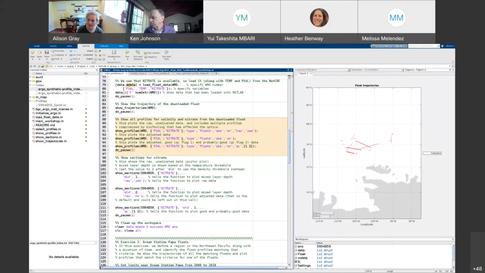In the first instance, we're going to plot the raw data, so this will be the unadjusted nitrate variable. The second time, we're going to plot the adjusted data. That's the default for this script, so you don't need to tell it anything special. If you don't tell it to plot the raw data, it will plot the adjusted data. And the last time we'll look at what happens when we apply only QC flags of 1 and 2 to the adjusted data. Okay, so if I run that section, it'll pop up with